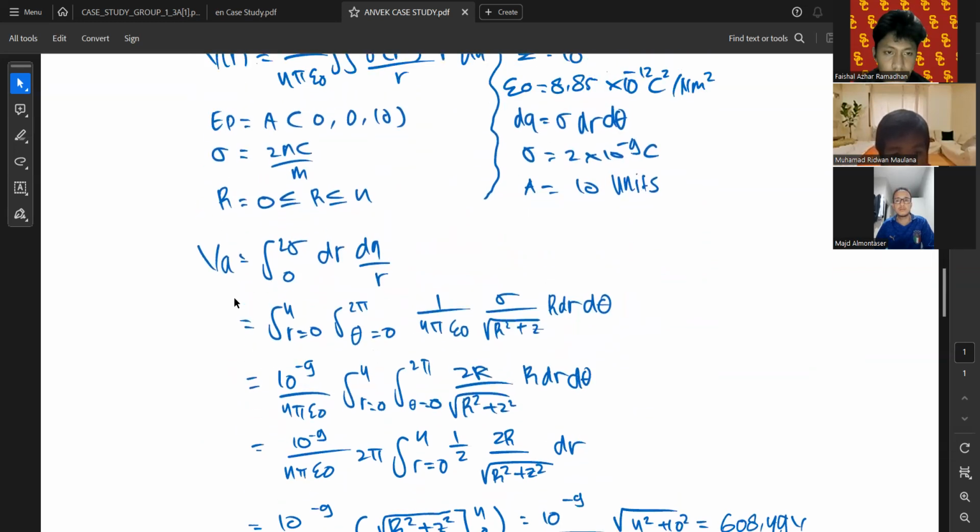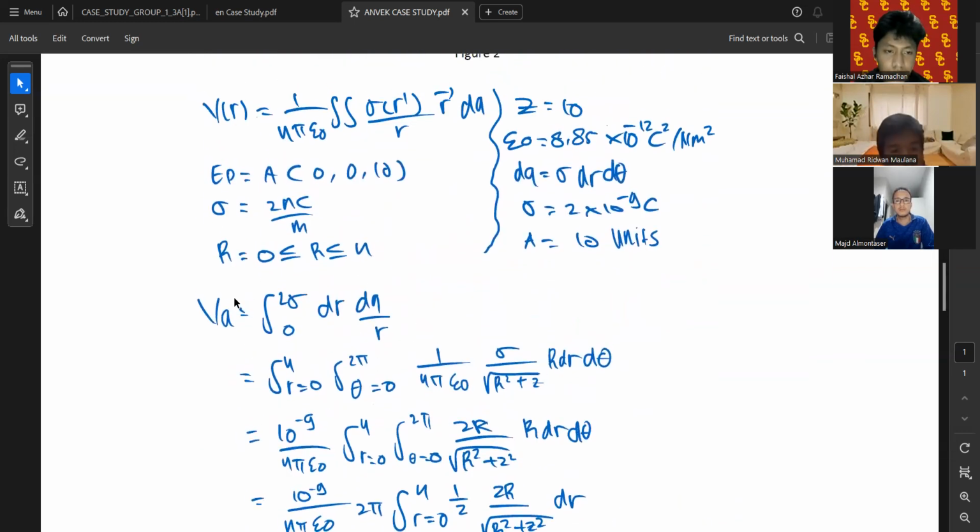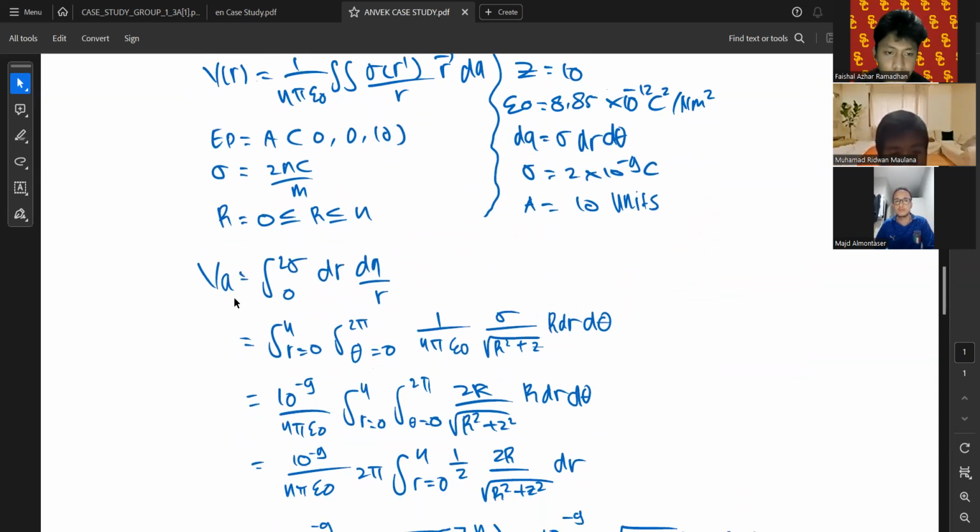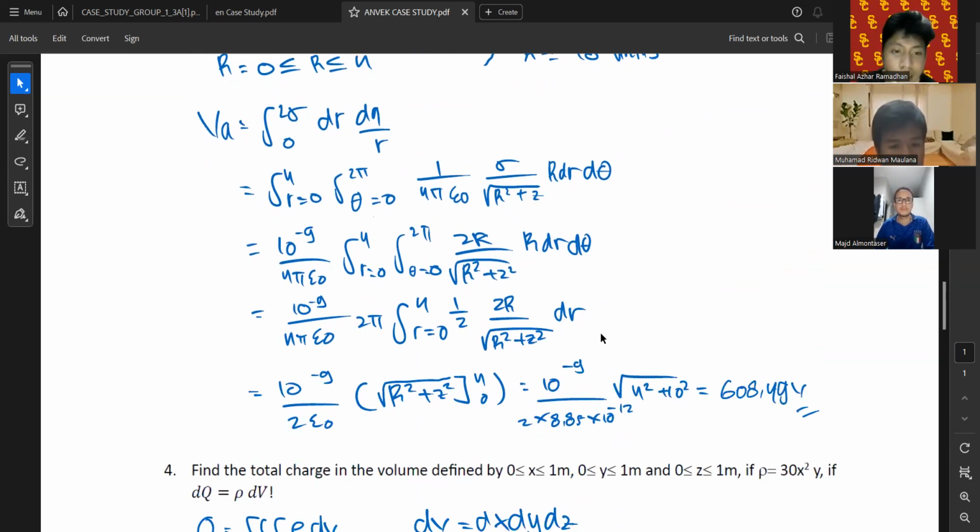Yeah, and we just use the integral from 0 to theta, dr dq over r, and then the integral for r naught, integral to pi, theta equals 0, 1 over 4 pi epsilon naught multiplied by theta over the square root of r squared plus z squared, multiplied by r dr d theta, and the 10 over 10